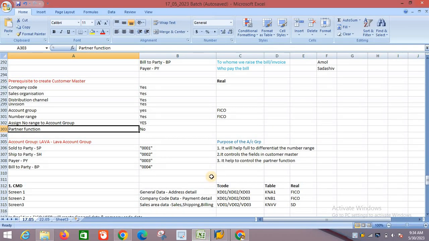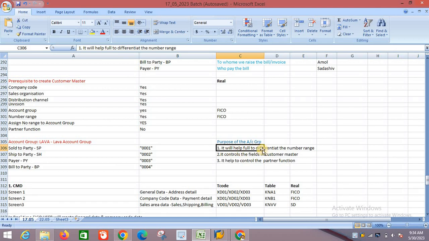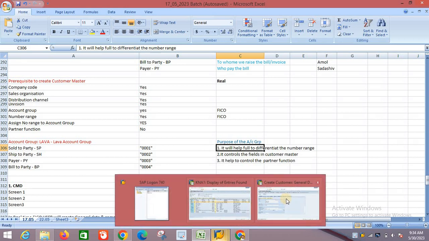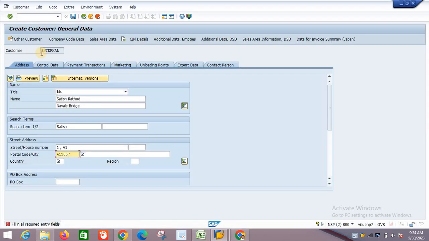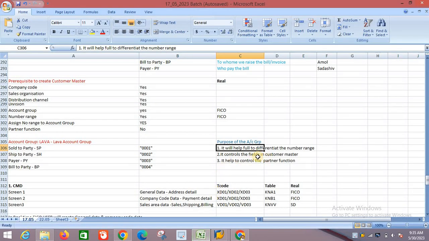Let me quickly go to the account group. What is the purpose of the account group? It helps to differentiate. Number one, it helps to differentiate the number range. So whatever number is supposed to be generated, whether it is sold-to party, ship-to party, bill-to party, or payer, that number will be differentiated. And the second advantage is it controls the fields in the master data. That is, we can say whether that field is mandatory,